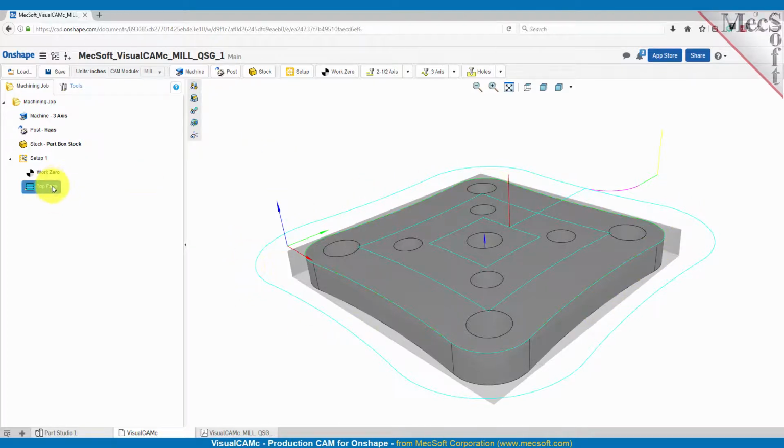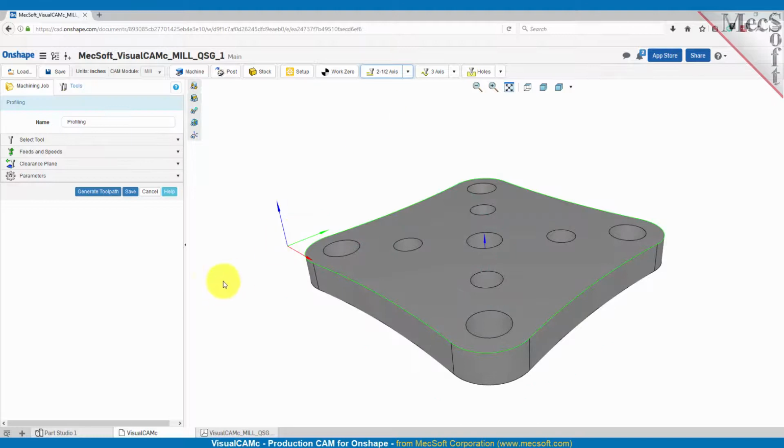So with our top face operation selected, let's go up to the 2.5 axis menu. We'll pick profiling. Now you'll see that the edges that were selected for the previous operation are already selected. They happen to be the same edges we want to use for our profiling operation, so we don't have to reselect any geometry. Let's name this outer perimeter,